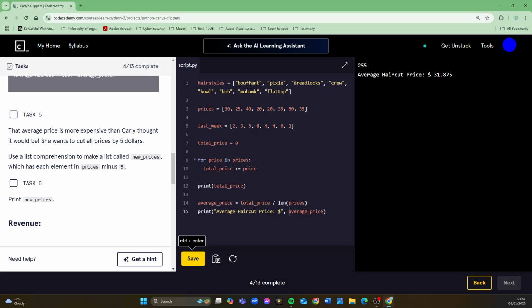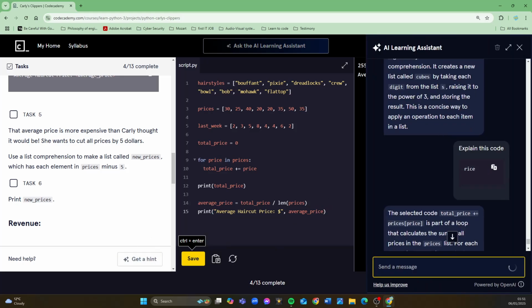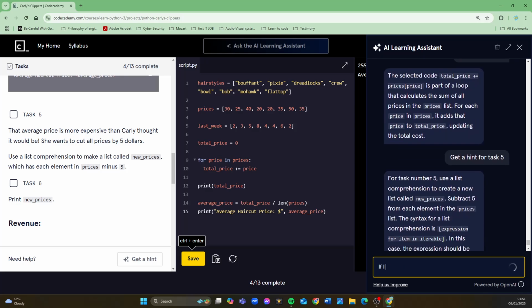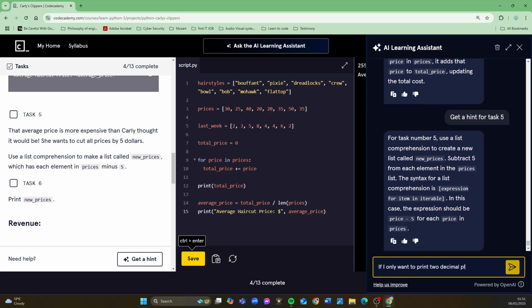Is it 2f? 2f dot. Let's have a look. Get a hint. If I only want to print 2 decimal places for a variable, how can I achieve this?